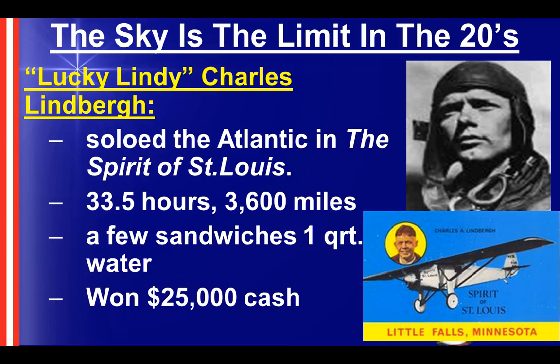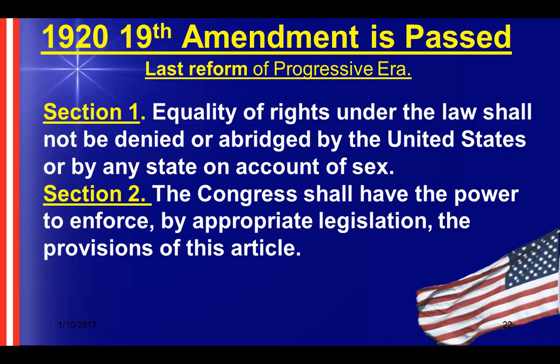Famous people. The first really international star, we could argue, in American history is Charles Lindbergh, sailing across the Atlantic non-stop for the very first time in his Spirit of St. Louis. It was basically a contest, with some wealthy people putting up money to challenge anyone to do it for the first time. He won the $25,000 in cash and flew from the United States to Europe in doing that.